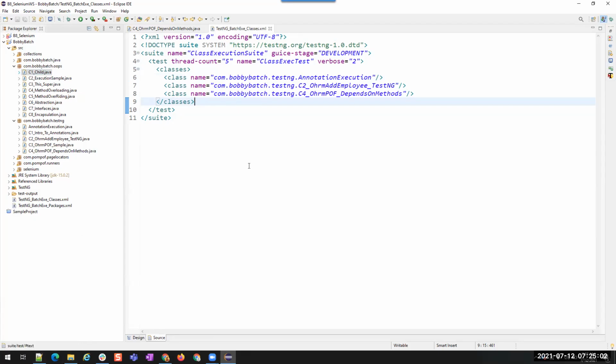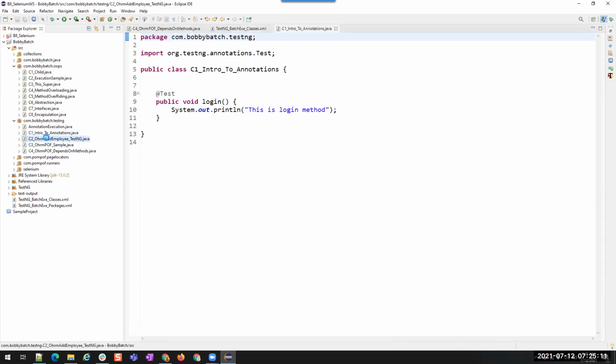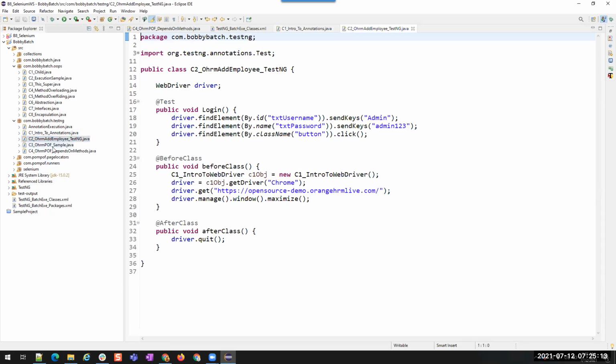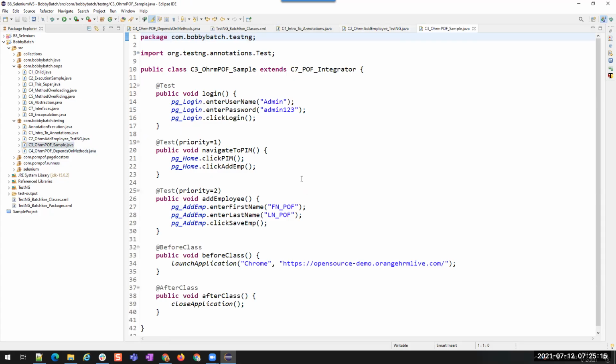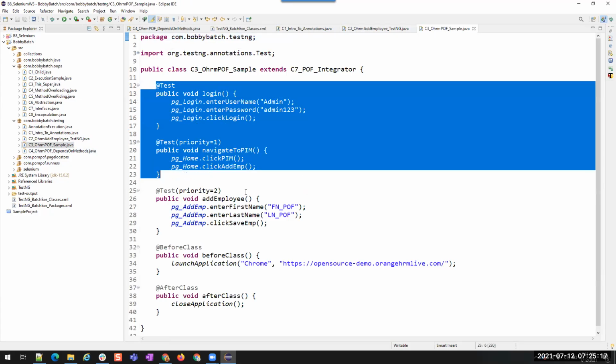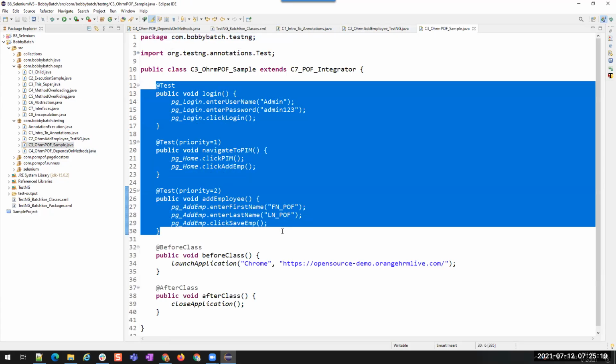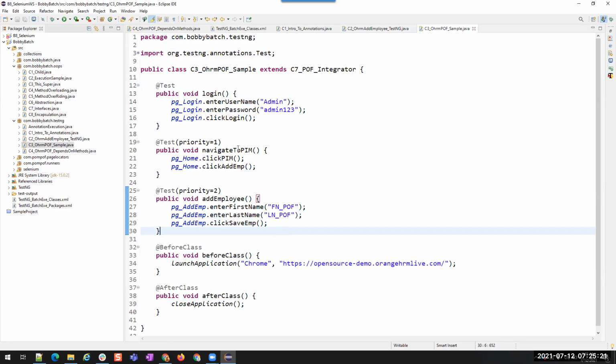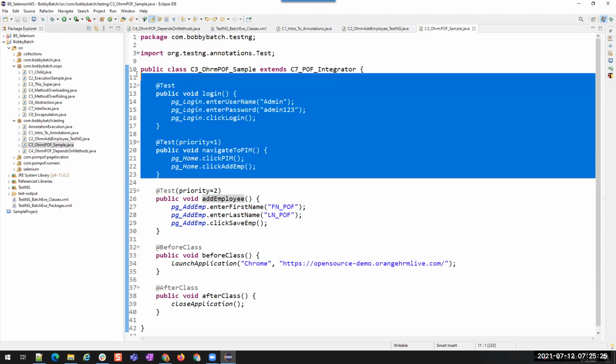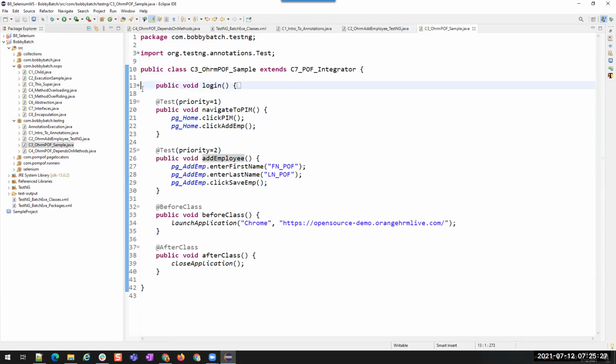And we can also execute particular methods inside a class. For suppose, let me open this sample. Yeah. So we have a sample here. Now we have three methods. For example, I don't want to execute adding an employee. I just want to see whether the employee is able to log in or not.